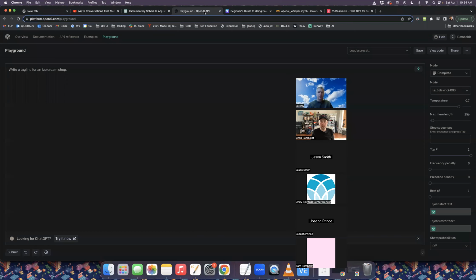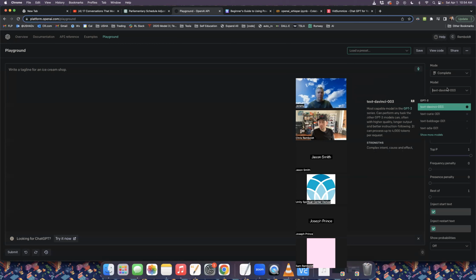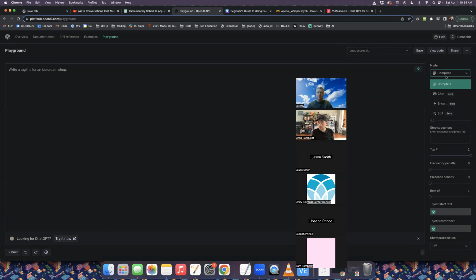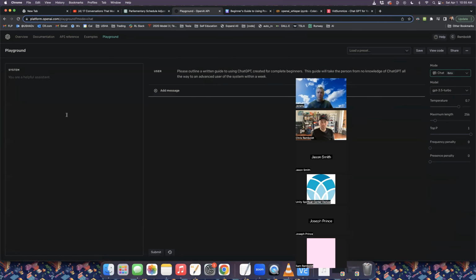Amazing. Let's go back to the Playground and I'll show you where to go to do that. What we're going to do is switch this model here to Chat. And Chat is kind of like ChatGPT. It uses some of the power of it, but we switch it to GPT-4 here. But you can tell it what it is here, and you can put in quite a bit of info here. You know how I told the transcriber what it was at the beginning, and I told the Steve Jobs bot what it was at the beginning?